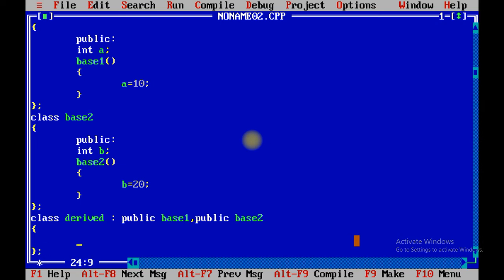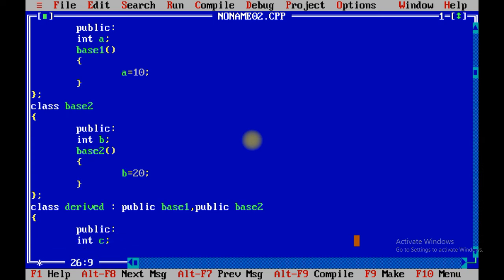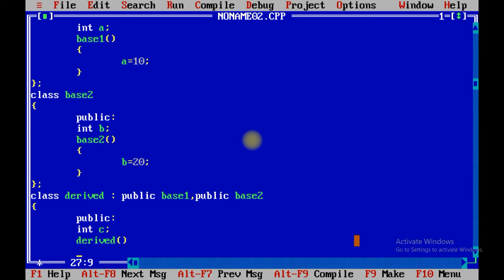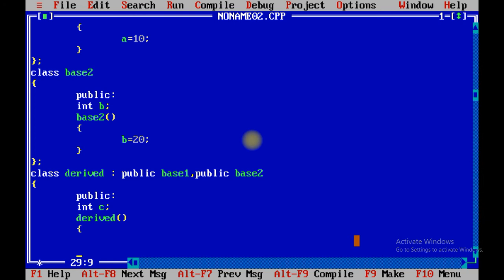Now derived 3 is public. Derived 3 can access all the three properties, right? So integer C in derived, C equals 30.